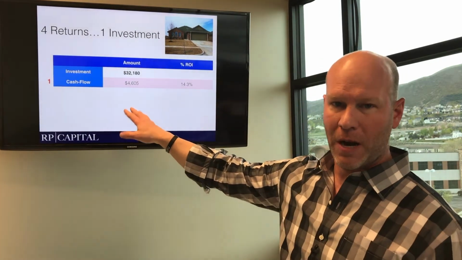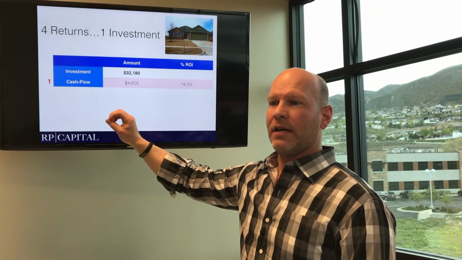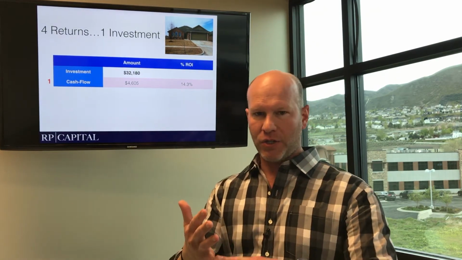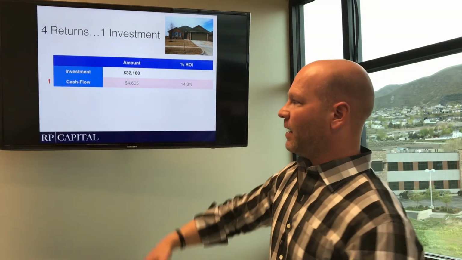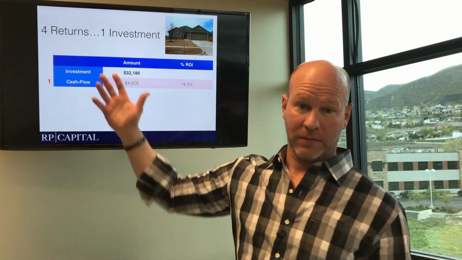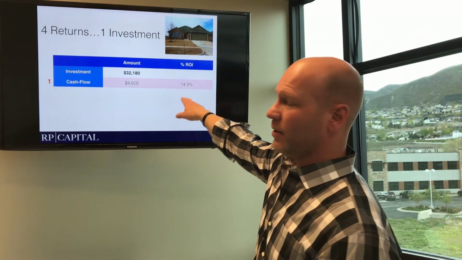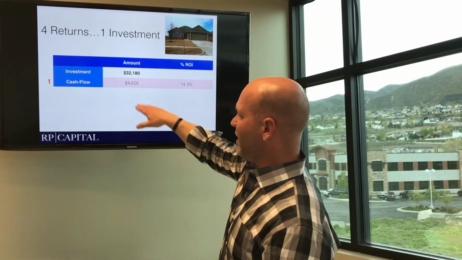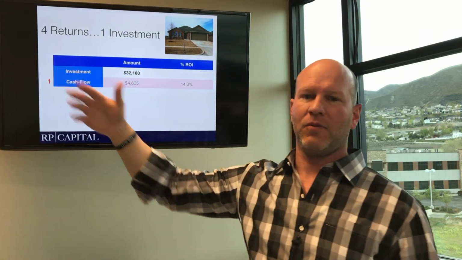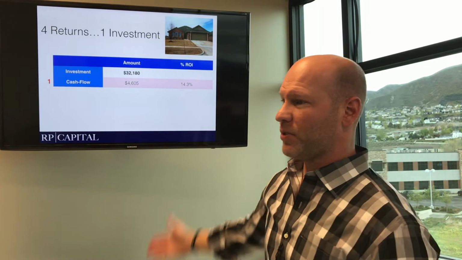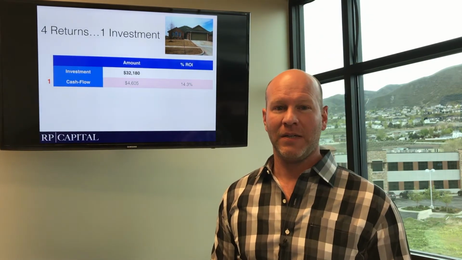In this particular property, we have $4,605 per year after all of your expenses. So after you pay your manager, your principal, taxes, insurance, anything else you've got to pay on the property, you're left with $4,600. Pretty good investment. That's a 14.3% return. The way you calculate that is you divide 4,600 by 32,000, and that gives you a percentage, in this case 14.3. Now that's an incredible return all by itself.